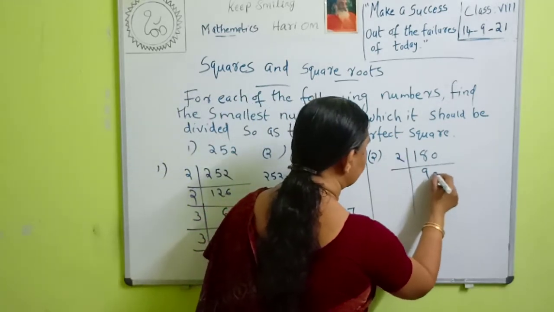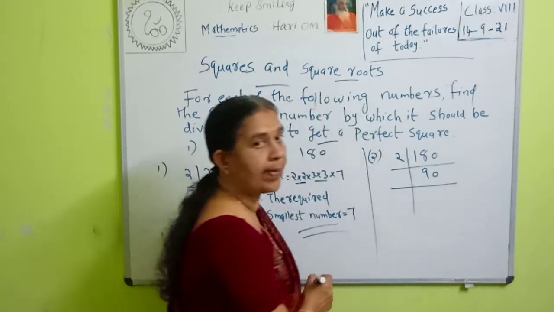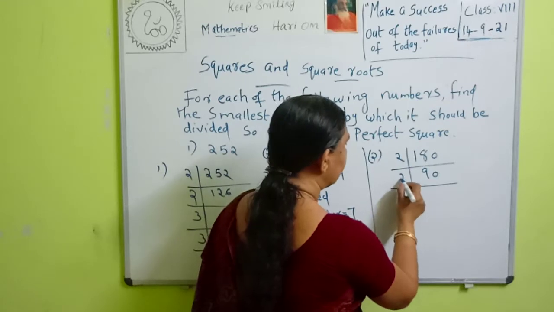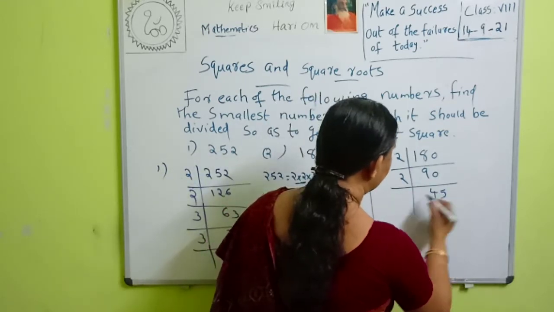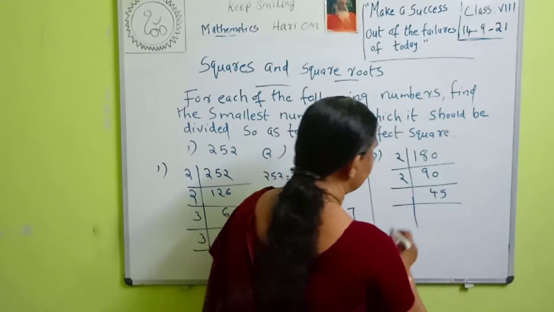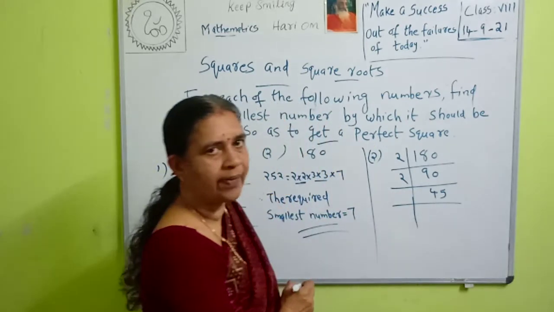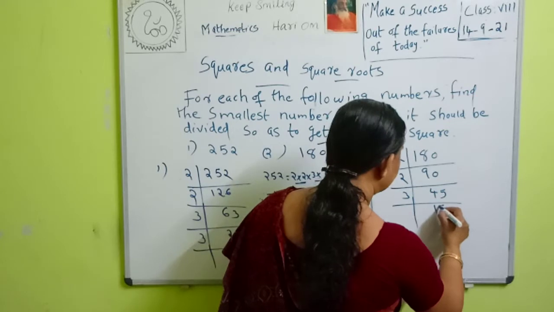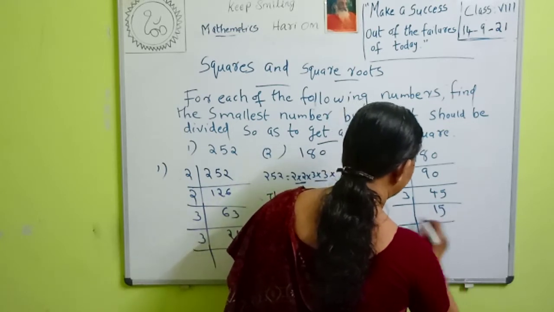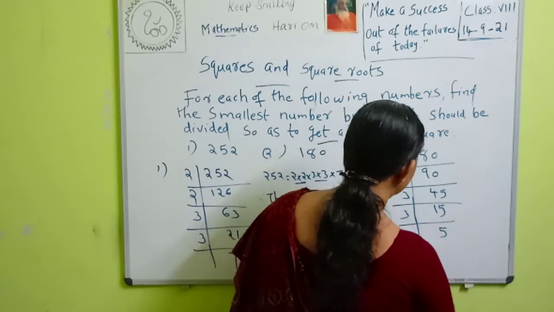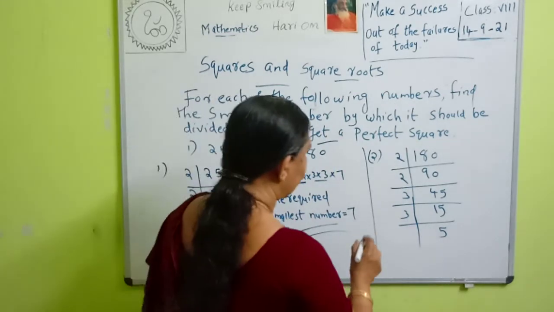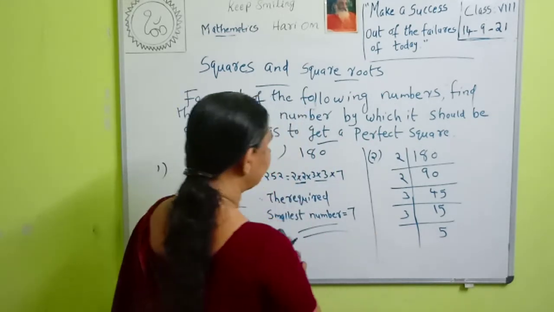Then it is equal to 90. Again we can divide this number by 2. 90 by 2 is 45. Then what is the next prime number? Devi Krishna, we can divide it by 3. 3 into 15 is 45. Again we can divide it by 3. 3 into 5 is 15. Then what is 180? Therefore 180 is equal to